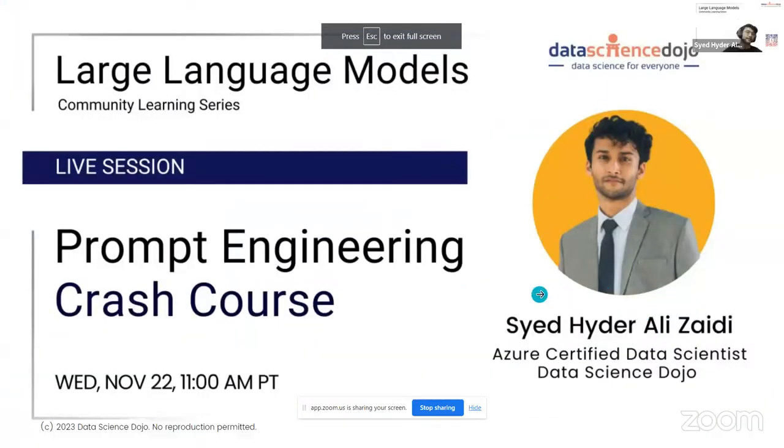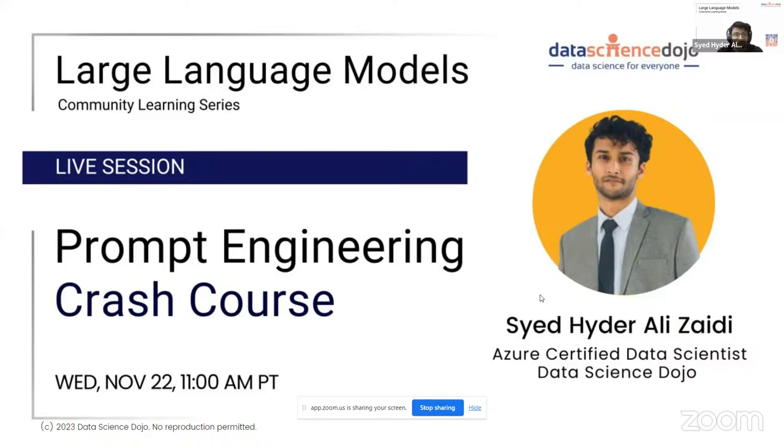Hi everyone, I am Syed Haiderzadi, and I've been working as a data scientist at Data Science Dojo for more than a year. Today we'll be talking about a prompt engineering crash course. For almost a year now, it has been all about large language models, and large language models are nothing without prompts.